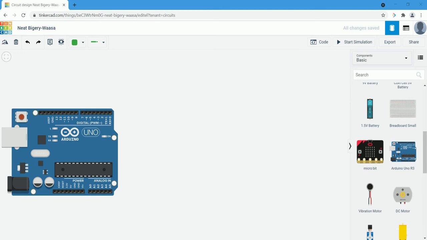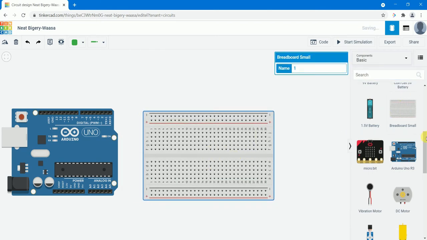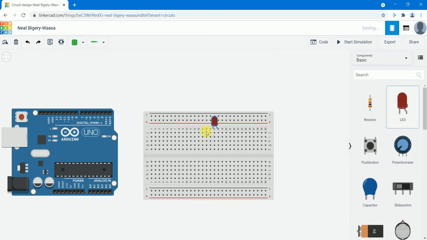So to do this, we need to use some variables, analog input, digital output and delay in our code, and some additional components. So we will take out the first required component. Arduino we have taken already. The next required component is a breadboard, we will take. Okay. Then as output device we will take an LED. So I am taking an LED here.